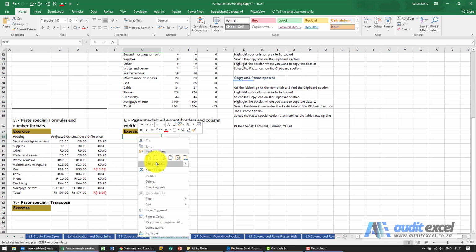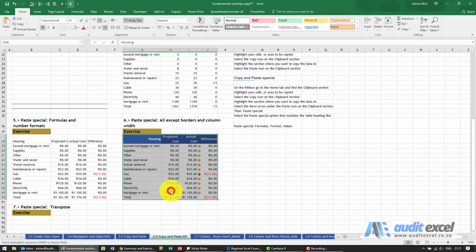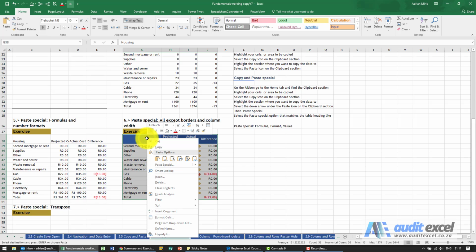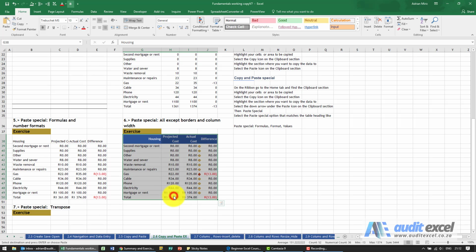This one we're going to do two paste specials. So I'm going to right click and say paste special. We're going to say all except borders, and it puts it in. You'll see there's no lines here. And on top of it, we're going to say paste special, column widths. And in this case, because the columns are already aligned, it didn't change, but that would normally change the column